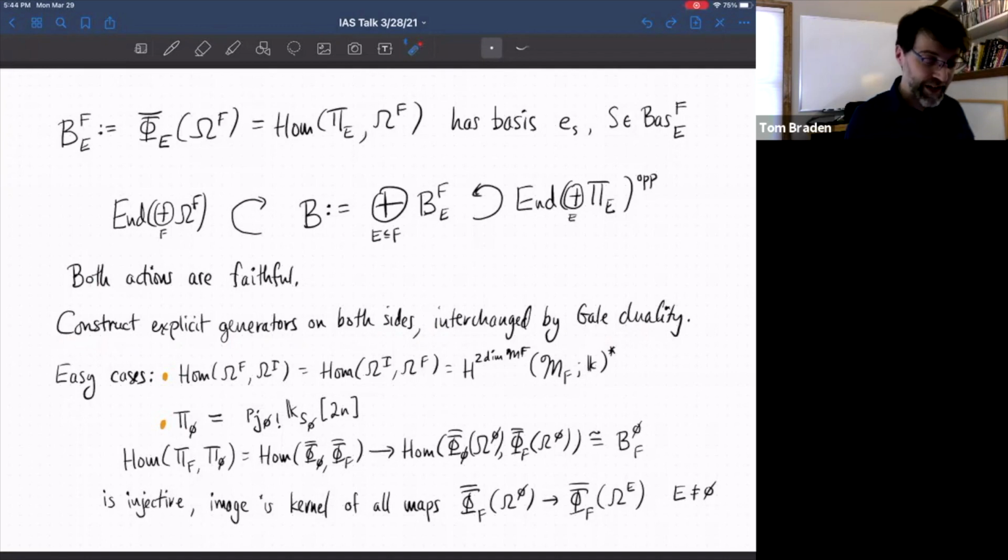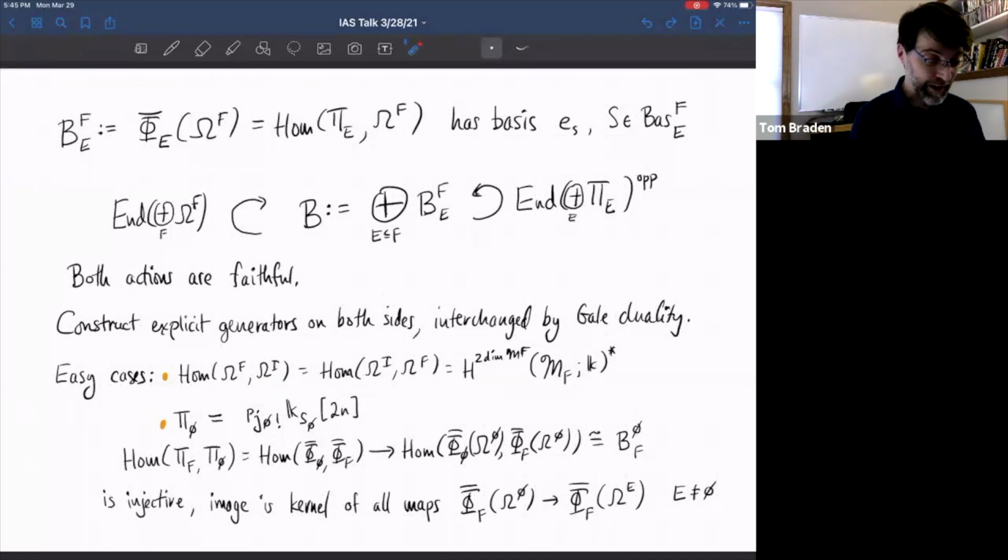And to produce these operators, you start with easy cases, which is if you're taking one of these resolution sheaves and mapping it to the point sheaf. So omega I would be just the constant sheaf on a point. Then this is just the dual of the cohomology of a fiber, and we have nice bases of that. In terms of this basis, you can write down very explicitly what they are. It's basically just, once you know the cohomology of the fiber as the top cohomology of the Stanley-Reisner algebra,